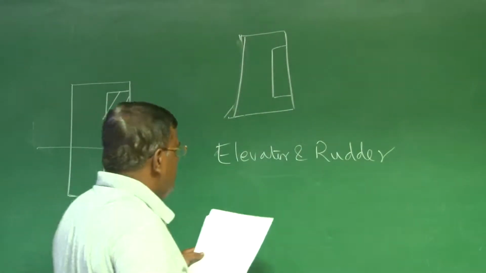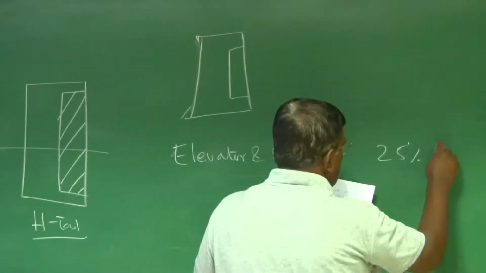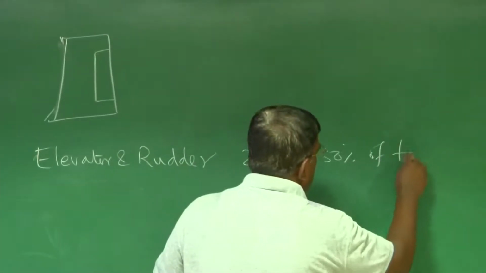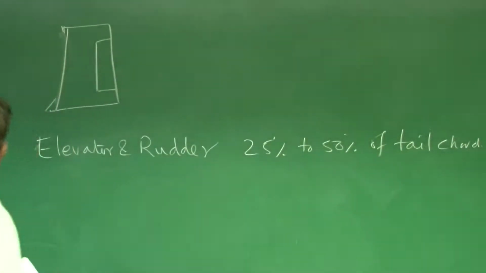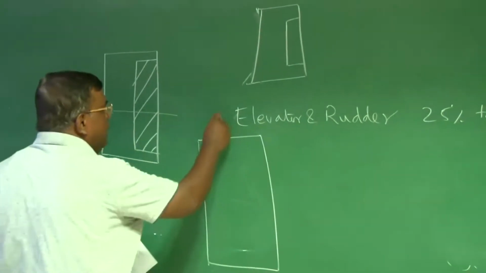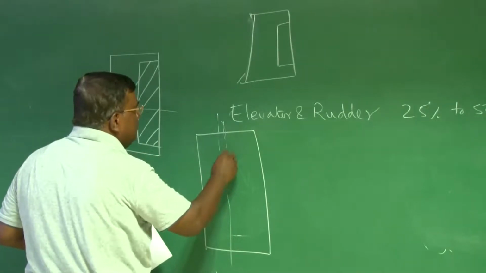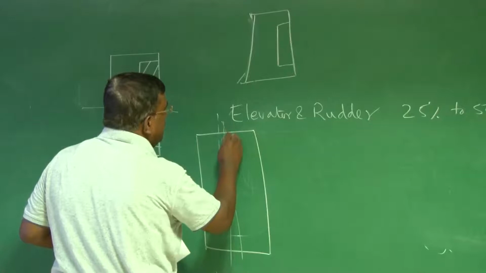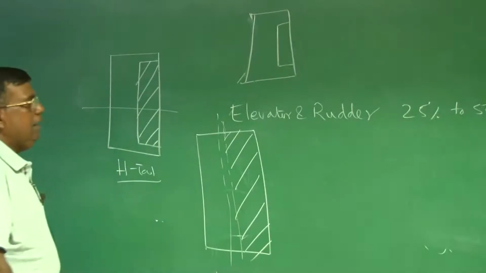So typically elevator and rudder are 25% to 50% of tail chord. That is, the meaning is, if this is my horizontal tail, you will find if this is the 50% line, around 25 to 50% area is kept for elevator,